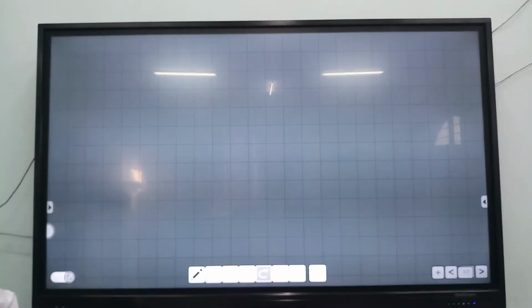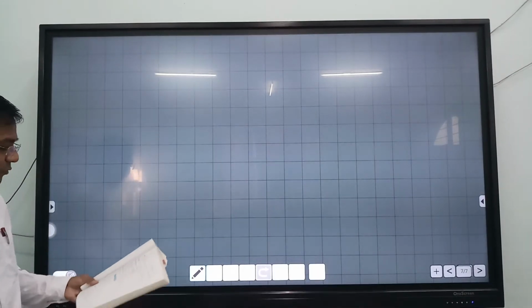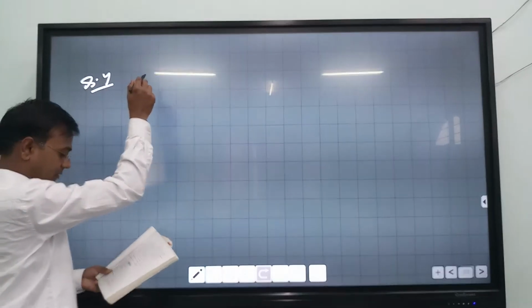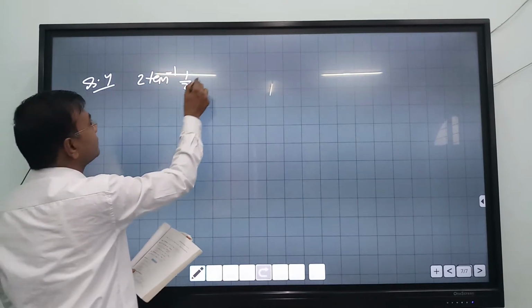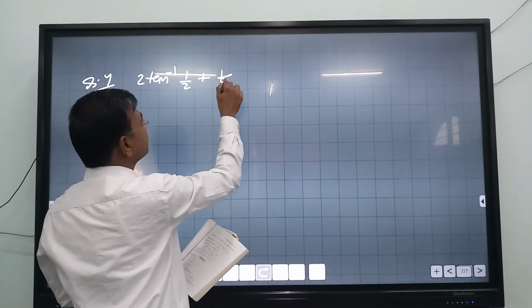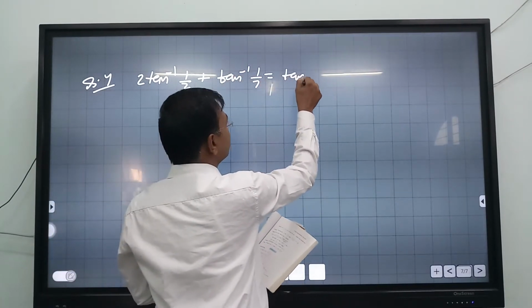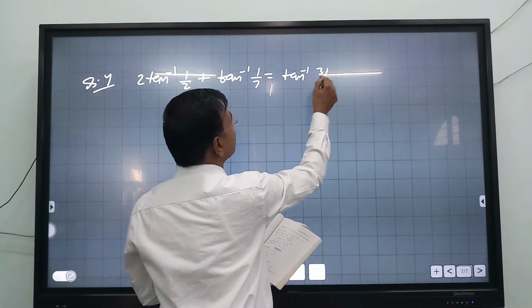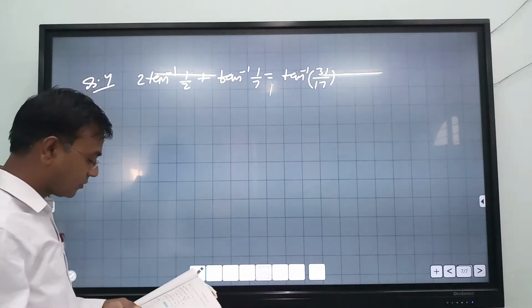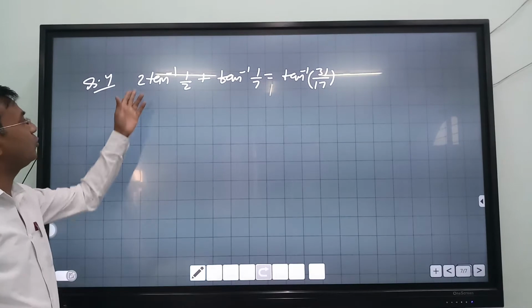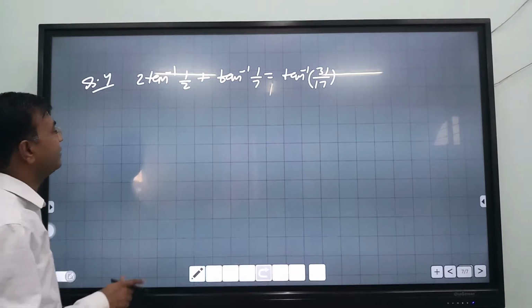Now I'm taking the next question. Question number 4. 2 tan inverse 1 by 2 plus tan inverse 1 by 7 equals tan inverse 31 by 17. Right? So we see here 2 tan inverse 1 by 2 and tan inverse 1 by 7, so everywhere tan, and the result is also in terms of tan. So clearly